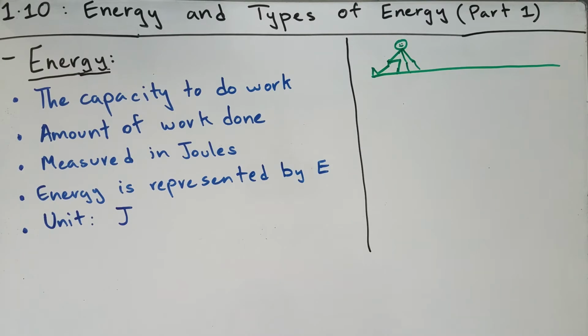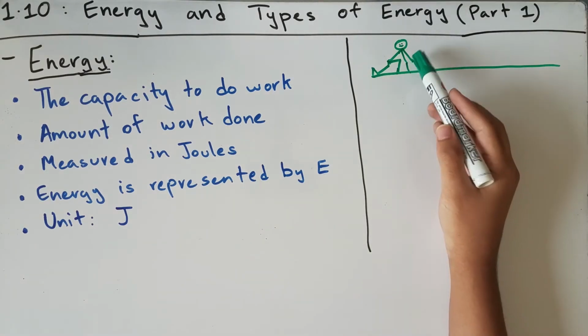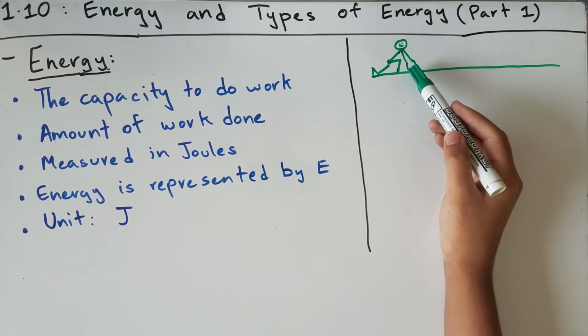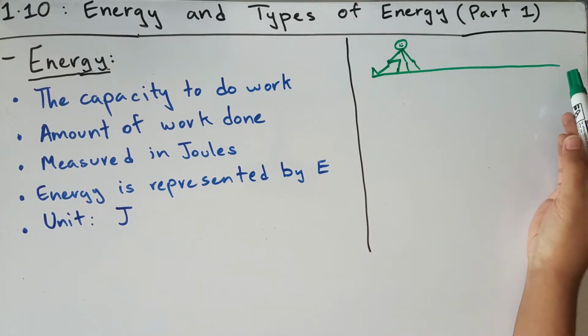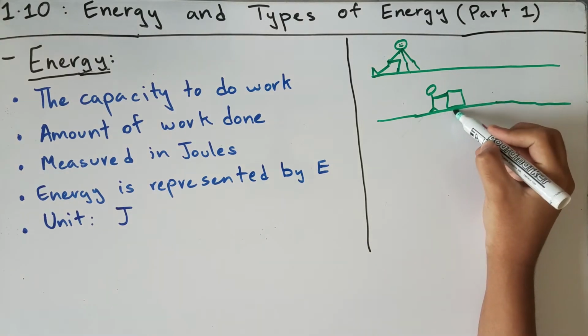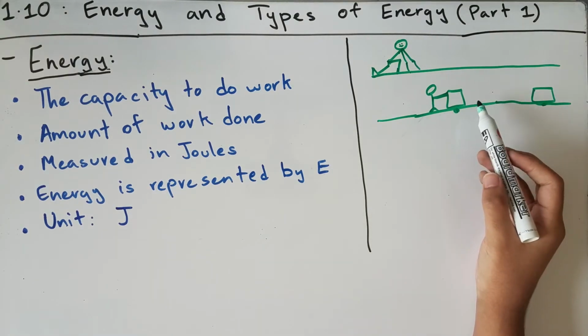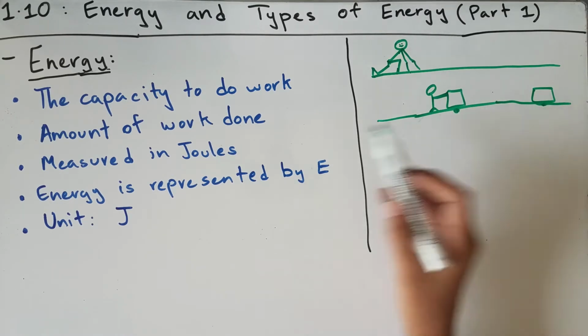So what does the definition of energy, the capacity to do work, mean? Well, in this example, I can see that this person is about to run on a track. Then this person has some energy inside them because they have the capacity to run across this track. And when they finish running across that track, they will have done some amount of work, which is also a measure of energy. In another example, the amount of work done could be pushing this box from this point to this point. So the distance that you've traveled pushing that box all the way from here to here will determine the amount of work that you've done.